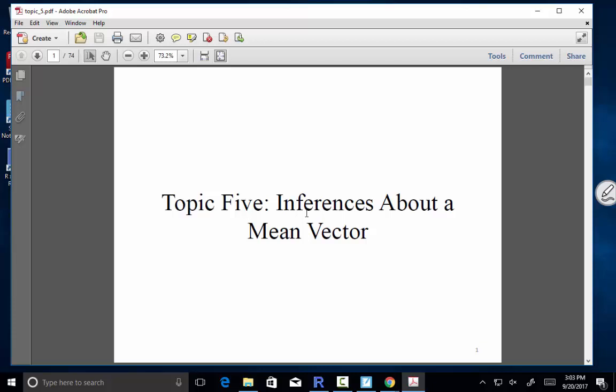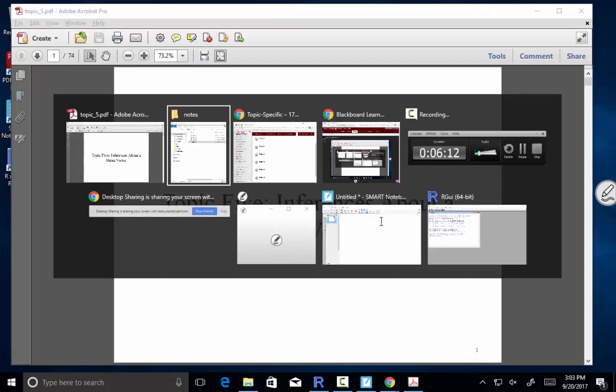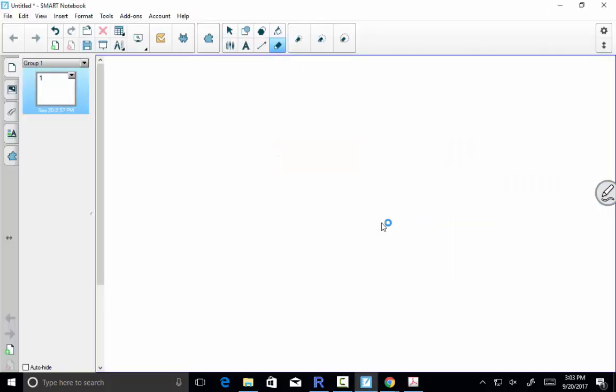So we are in topic 5 and learning about multivariate inference about a mean vector. Last time I reviewed the topic 4 stuff that talked about sampling distributions and likelihoods and maximum likelihood estimation. Just to underscore that and to tie in with what we're doing in topic 5, let's think about, as a review, a univariate